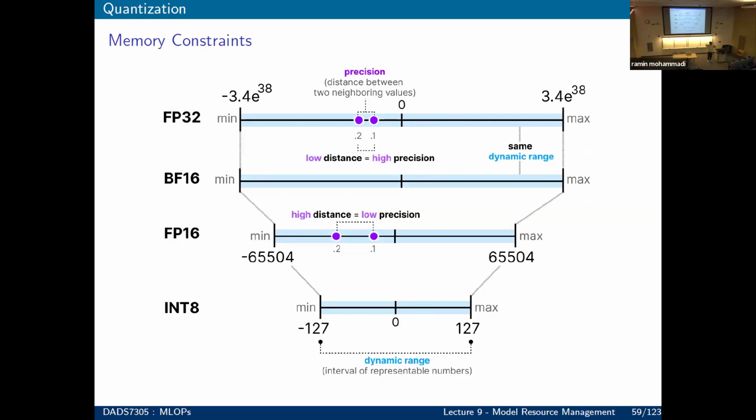Because precision means, if you think about all these floating points that you have, two points that are closer to each other means you have a much higher precision in the actual value of the number. Now, this is called brain float 16,